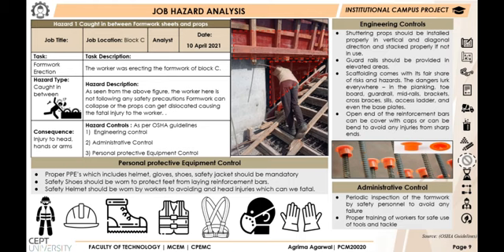Here, the caught in hazard: the observed risk for caught in is between the shuttering props. Here we can see that the worker is not following any safety precaution, and in this case, if the formwork collapses or the props get dislocated, then the worker may be highly injured. So the control measures for this hazard are a proper PPE kit, proper training of workers, open ends of reinforcement bars can be covered, guardrails should be provided in elevated areas, and shuttering props should be installed properly.